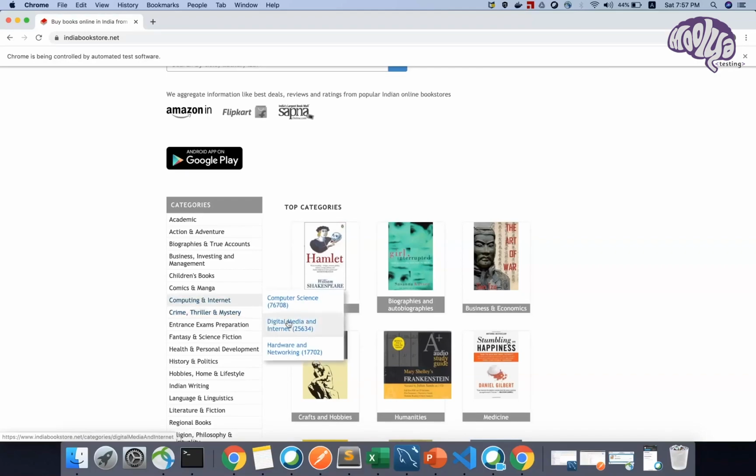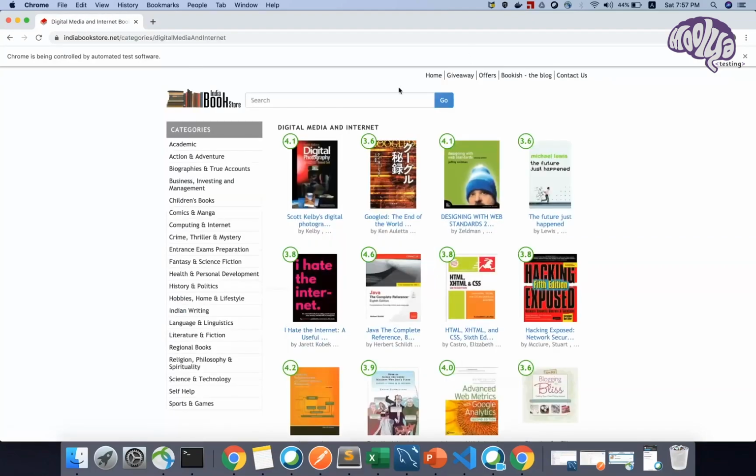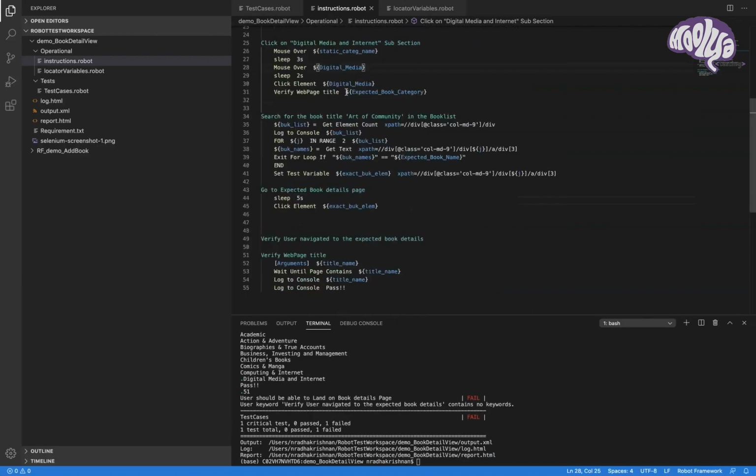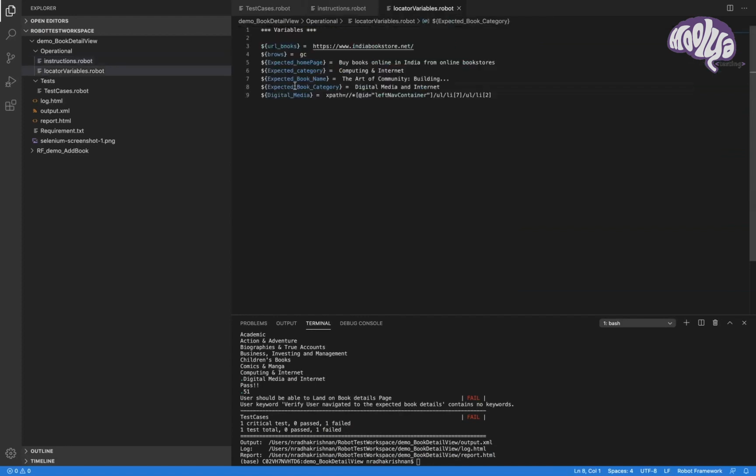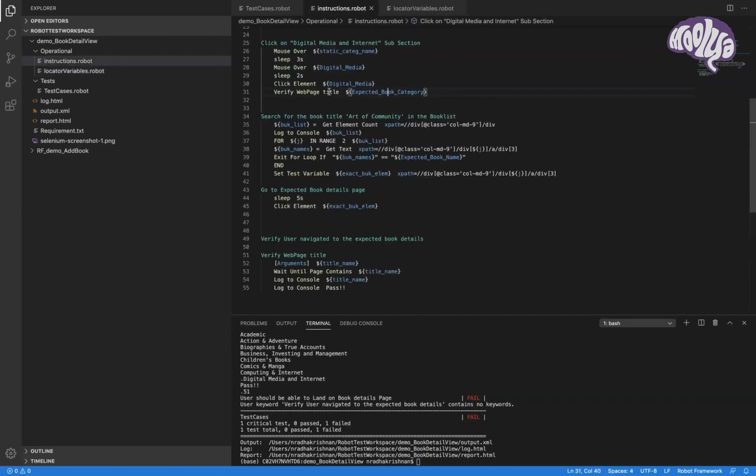Once I clicked on it, within 2 minutes, you notice here, the first check here is I'm verifying the web page name, digital media and internet. For that, I'm not creating another function. The same way, verify page title. I'm using the same function here. The attribute is changed here now. So now the expected is digital media and internet. So here the value goes for the title name, digital media internet. Once it is success, it will print me the title name and then pass.